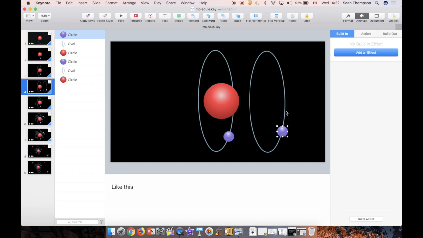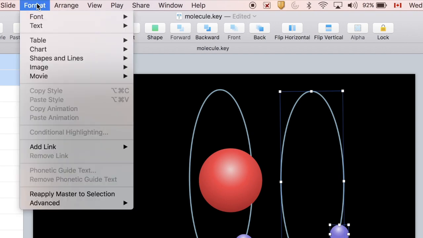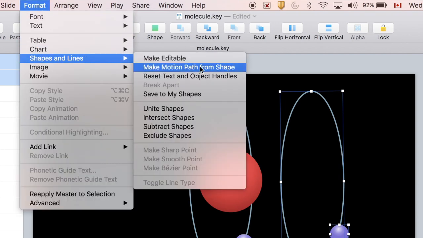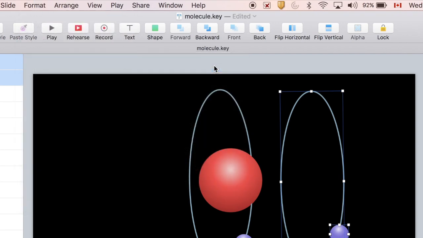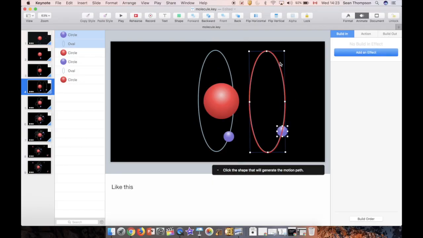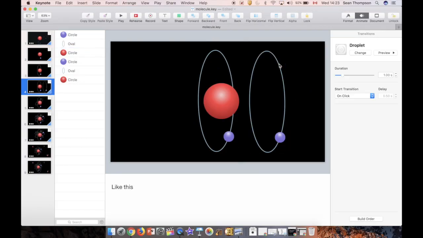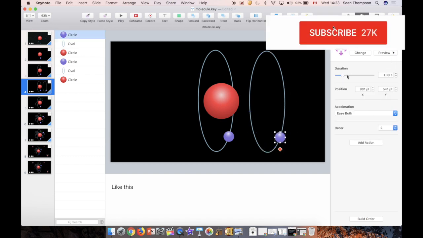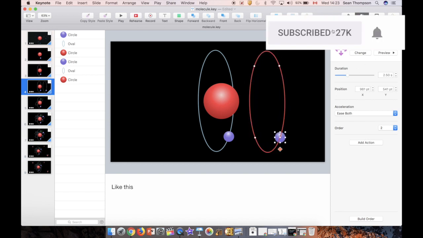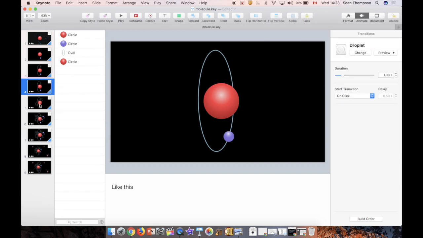With that selected, if I hold down the Shift key and then select this one, I can go over to Format, Shapes and Lines, and I can make this a motion path from the shape. Now they're both selected. It says to click it. I click on this one, and now that's the motion path. So if I go down here now and I preview it, it will follow that path. Of course, I can make it go more slowly. So that's how that's managed, and that basically explains a lot of what's happened in here,